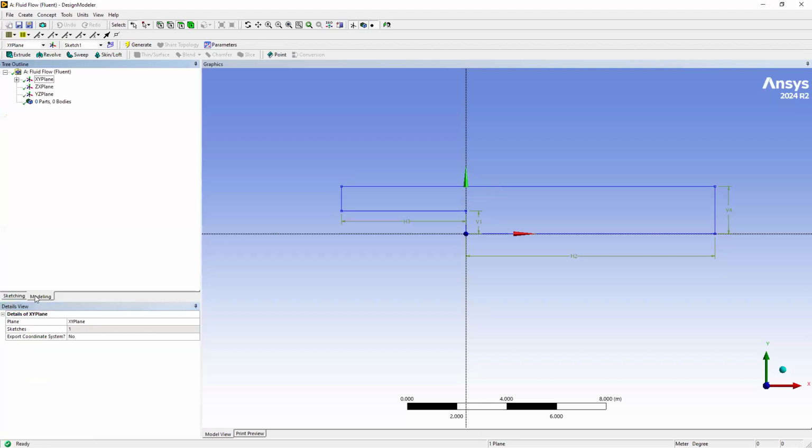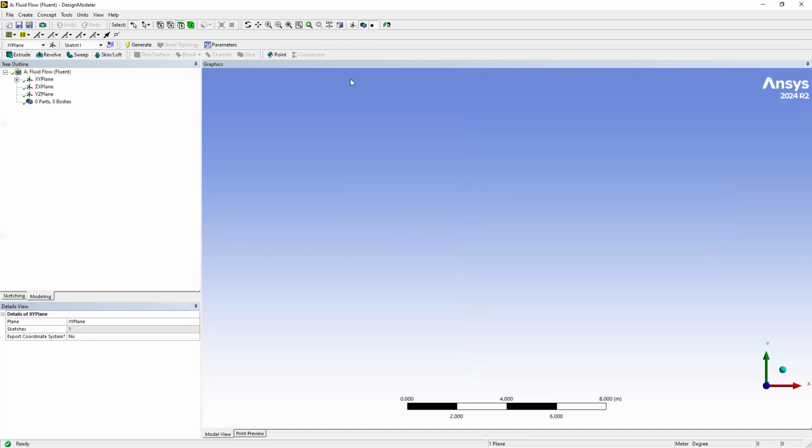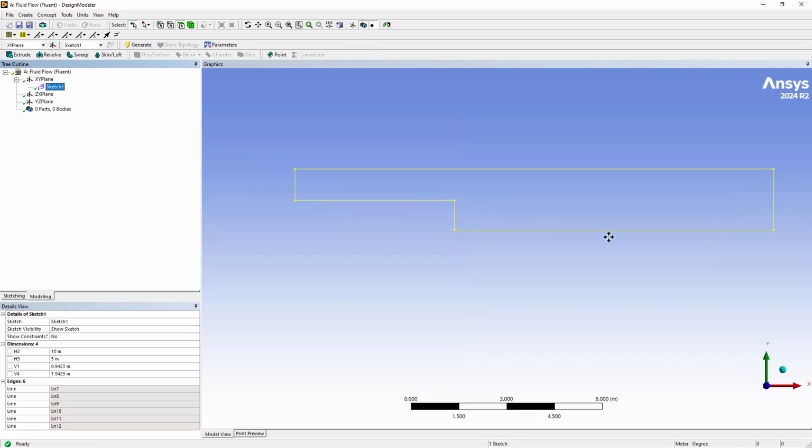So now I will go to the modeling tab. Now our sketch is done, so you can hide the planes from here and you can display the sketch here. Okay, so what I am going to do now is change my